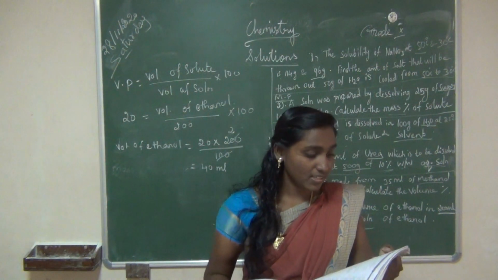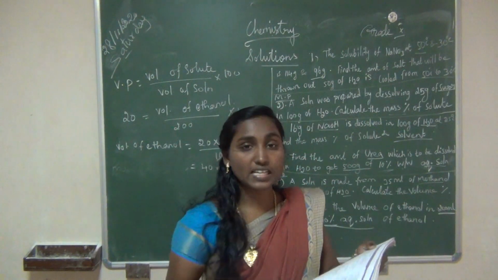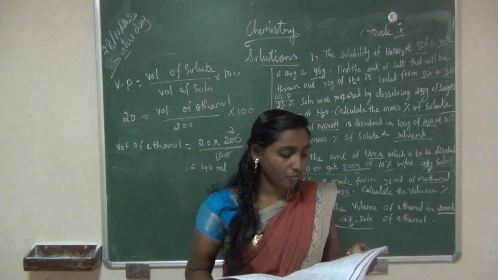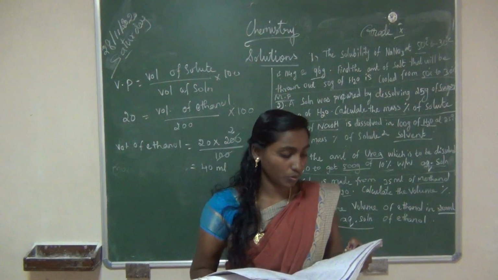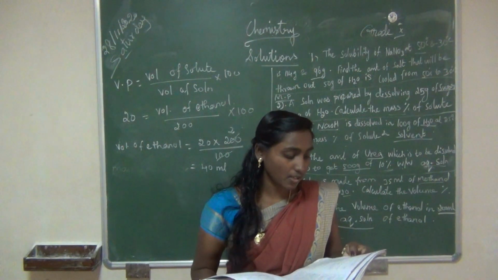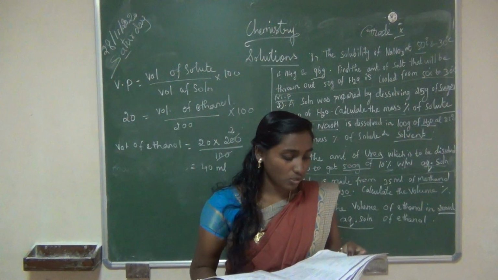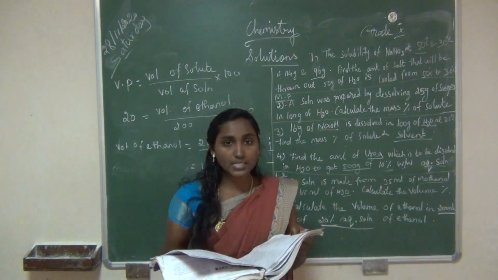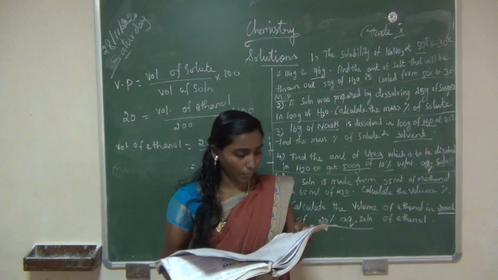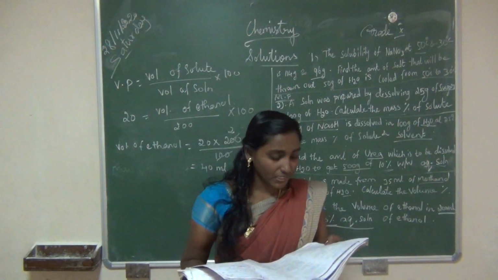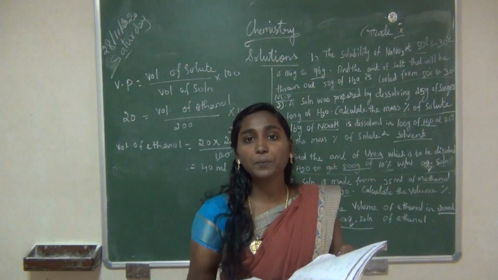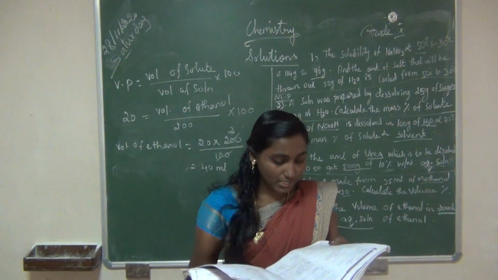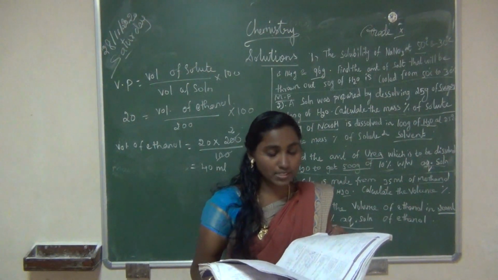Once again I can read the answers, please check it. Okay. First one, choose the correct answer: a solution is a homogeneous mixture. Second one, the number of components in a binary solution is 2. Third one, the universal solvent is water. Fourth one, a solution in which no more solute can be dissolved in a definite amount of solvent at a given temperature is called a saturated solution. Fifth one, identify the non-aqueous solution: sulfur in carbon disulfide.